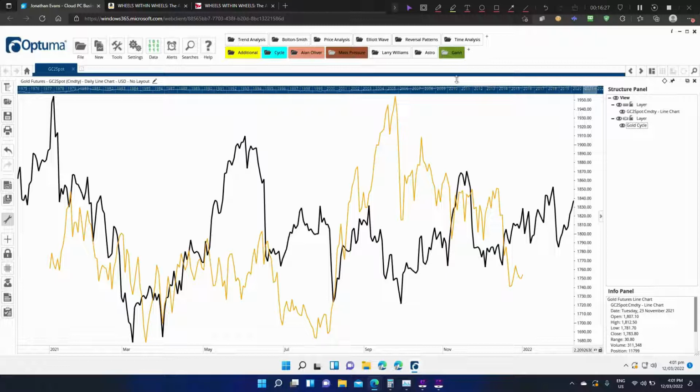And I always say that timing the market is more important than time in the market. And sure, you might not capture every low to the day in timing the market, but it's going to get you out when things start to get a bit woeful, and it's going to get you in when things start to look a bit optimistic.